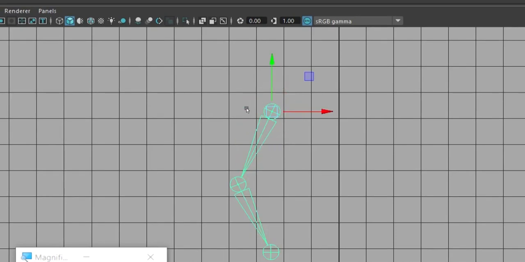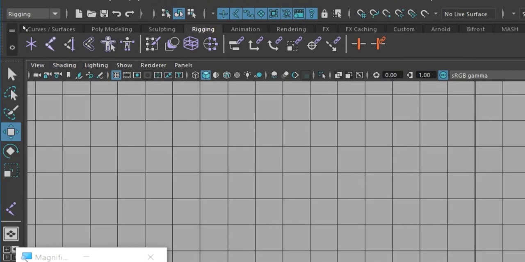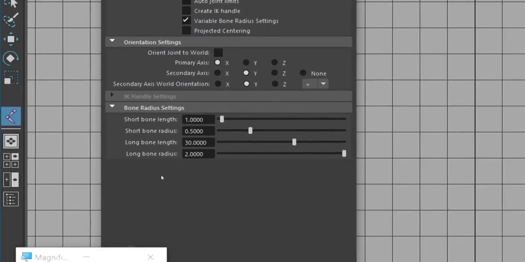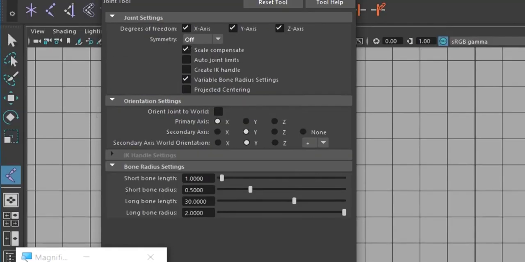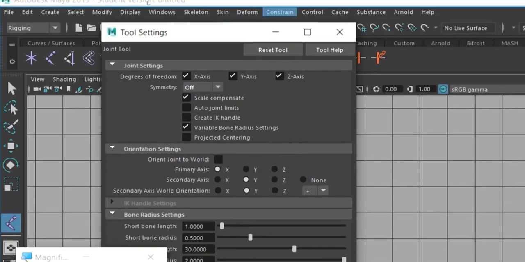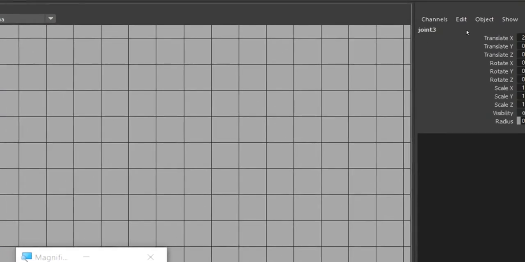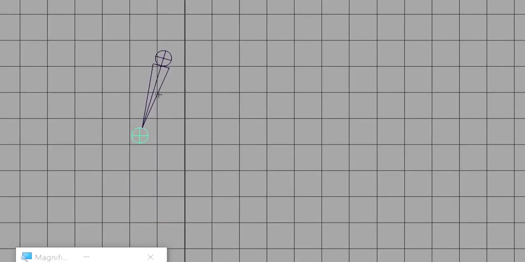To clear that problem, I'm just deleting it again. Before creating it, go to the tool settings. There you can see the bone radius. You can increase or decrease it. You can set this value, then you can have a decent, constant size of a bone structure. I'm just going to create shoulder, elbow and wrist, and give enter.